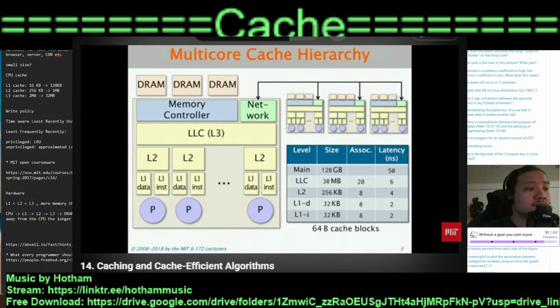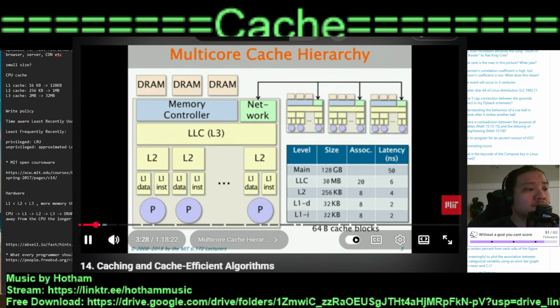But if we're able to take advantage of locality in our programs, and we can make use